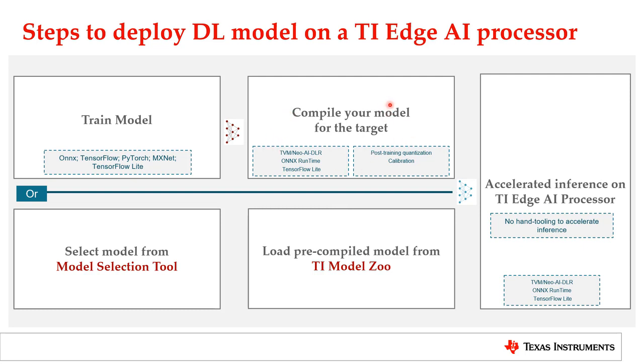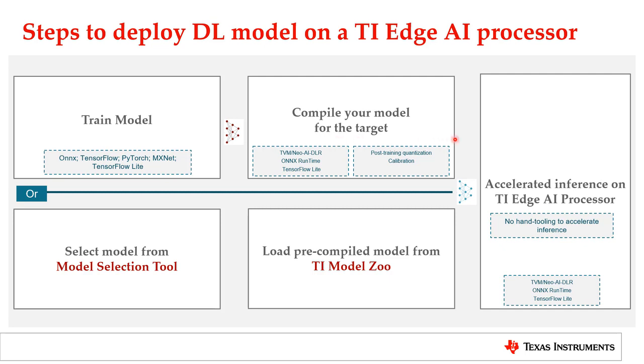With this service, models can be compiled using one of three industry standard popular open source runtime engines: TensorFlow Lite, TVM with NeoAI DLR, or ONNX Runtime. The reason we enable three options is to facilitate flexibility in the choice of training frameworks and also to ensure ease of use. The TI tools underneath the runtime engines take care of compiling the model for a TI processor.